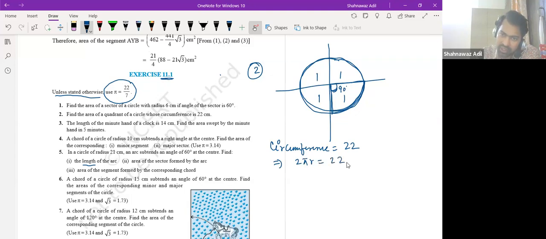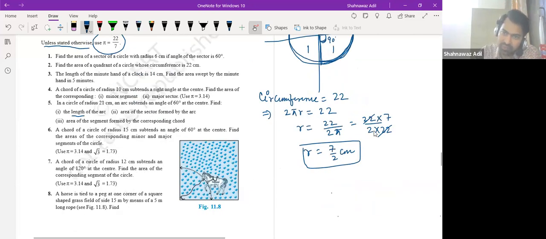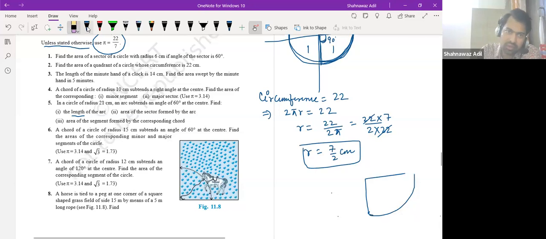So r would be 22 by 2 pi, which is 22 by 2 into 22 by 7, so the 22 cancels and r is 7 by 2. Then we have to find the area of the quadrant, right? So the quadrant would be like